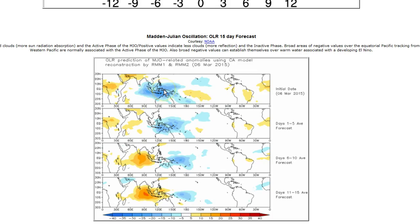Blues are less sunlight reflectivity off the ocean surface, suggesting clouds, suggesting the active phase of the MJO. The yellows and oranges are the exact opposite. Active phase, per the statistical model, the CA model, currently over the maritime continent, forecast to migrate to the east to about the dateline two weeks out, but get progressively weaker, but still not